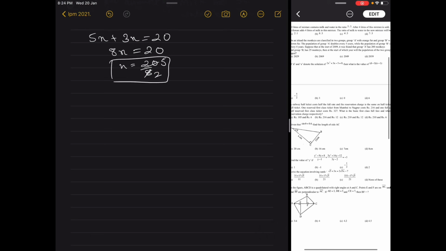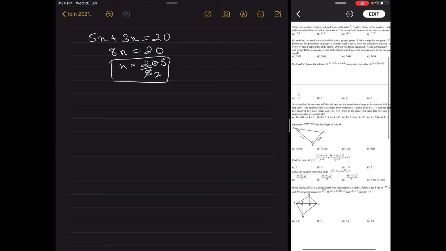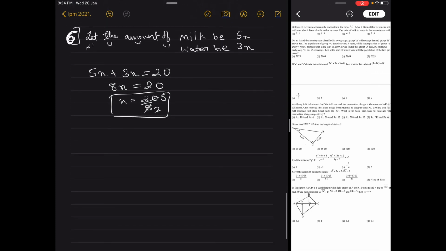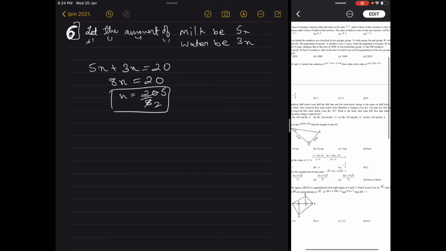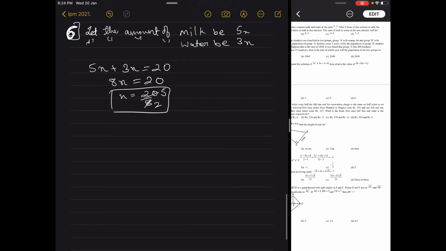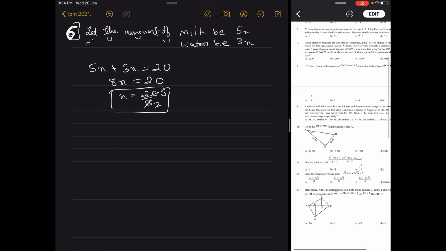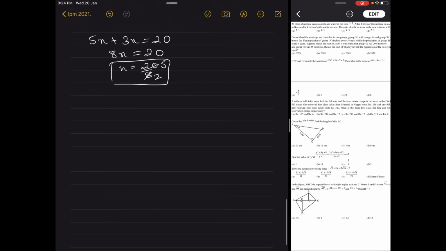Okay, so after 4 liters of this mixture is sold, the milkman adds 4 liters of this milk to this mixture. Now it's important because there's subtraction and addition at the same time. So when 4 liters of this mixture is sold, how much of milk and water will remain in the container of that milkman? First let's find it out.